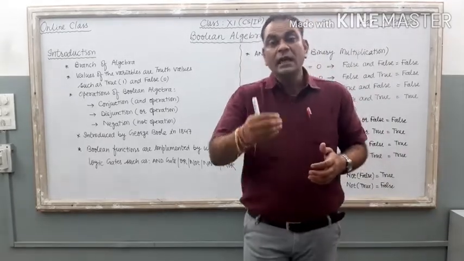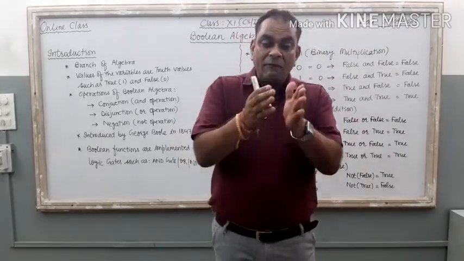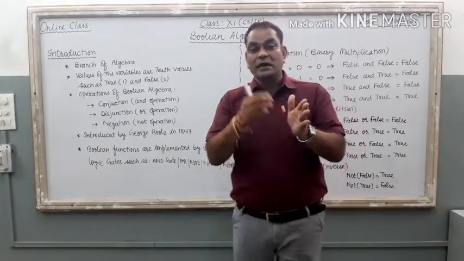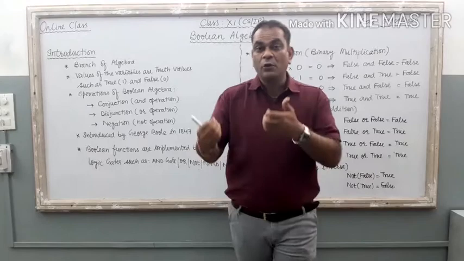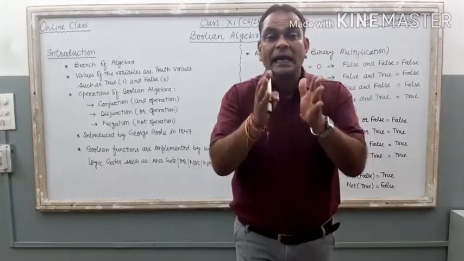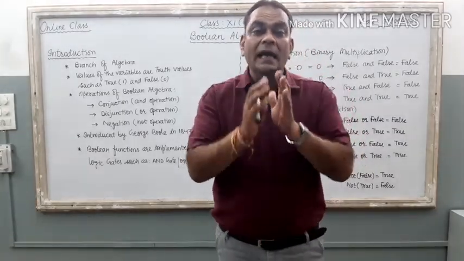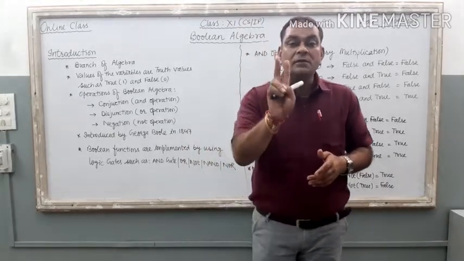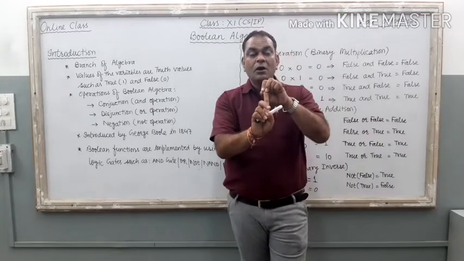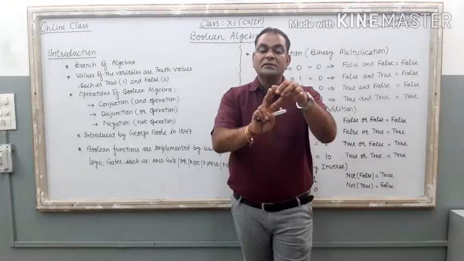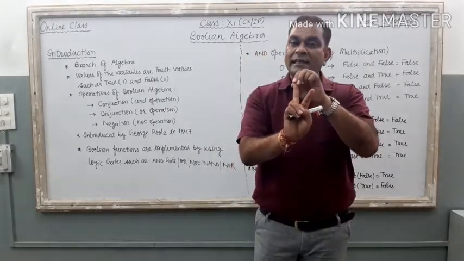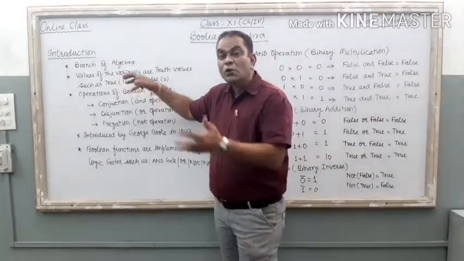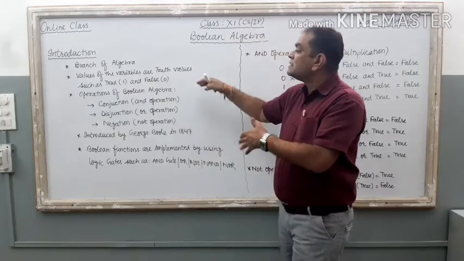And in computers, if we convert this true into a symbolic representation, what is the symbolic representation? We know that our computer works on binary language only, on binary values only, and in the binary language there are only two possibilities. The first one is true, or we can say 1. The second one is false, or we can say 0. So here, true is noted as 1 and false is noted as 0.